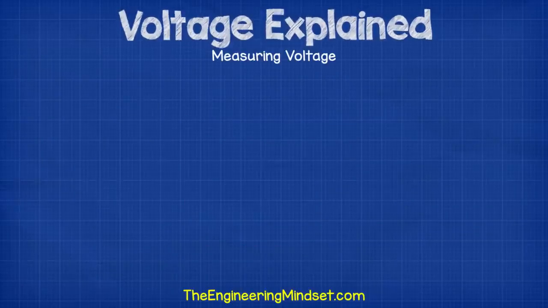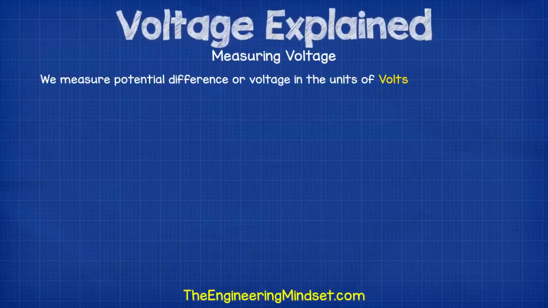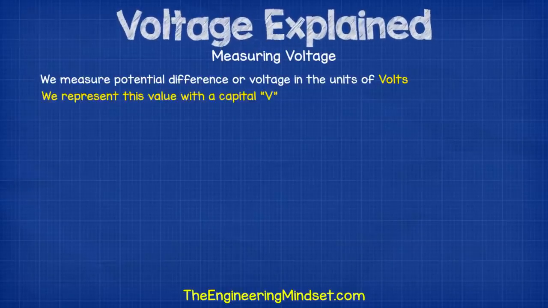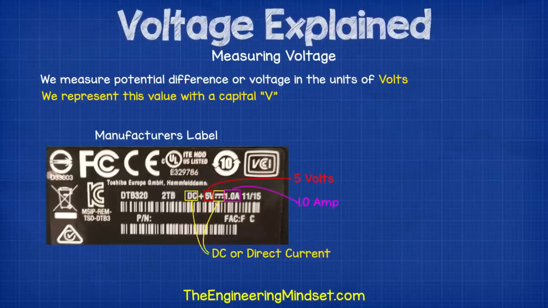We measure the potential difference or voltage with the units of volts, and we use the symbol of a capital V to show this. If you look on your electrical appliances, you will see a number next to a capital V indicating how many volts the product is designed for. In this example, the manufacturers of this USB hard drive are telling us that the device needs to be connected to a 5 volt DC or direct current supply and it needs 1 amp of current for the device to